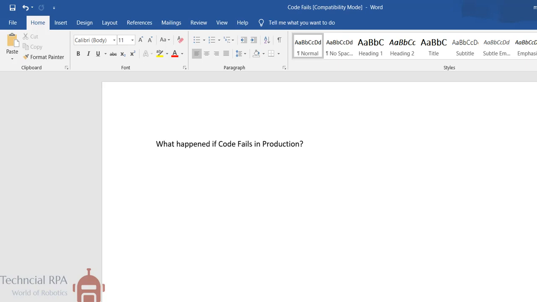In this video we are going to talk about what happens in the production environment if code fails in the bot. Usually, when we are running in the production environment, the first moment is go live. Go live means we are moving our user acceptance test code, our UAT code, into the prod environment